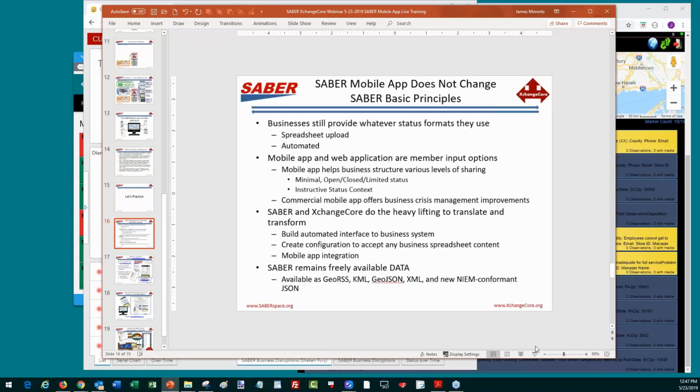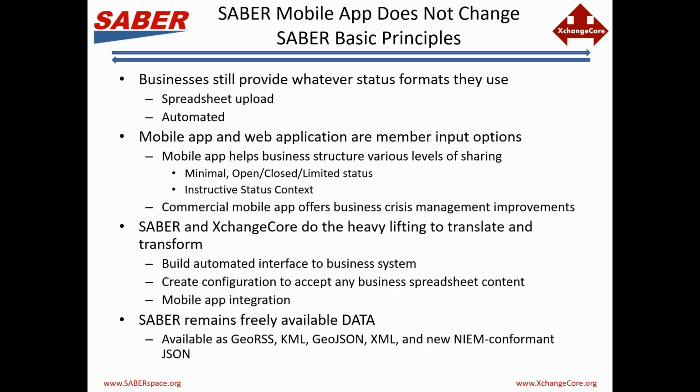Just to remind of two things. One, mobile app doesn't change the basic principles. There's still the spreadsheet. There's still the automated format to be able to provide the information in from businesses or from a state. I mean, the state of Maryland provides the spreadsheet upload for all of their business emergency operations center businesses. The mobile app allows members to do their own input, and there's 5 different scenarios that we did there. But no matter how you're getting the information in there, it's SABER and that XchangeCore technology in the background